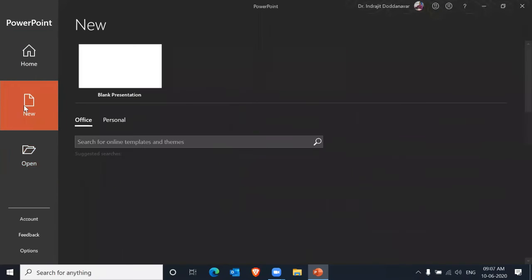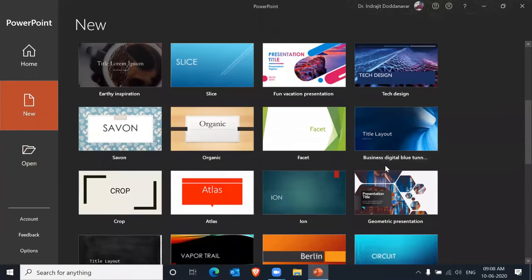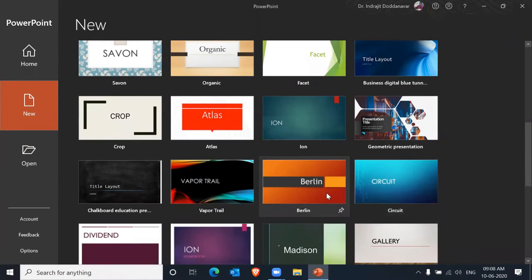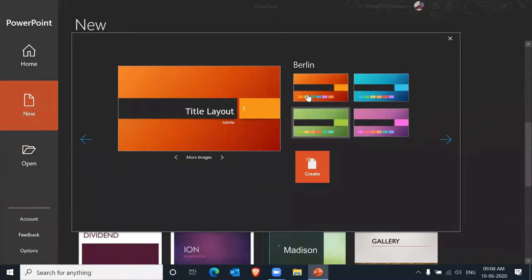When I say New, like in Word and Excel, there are templates already there. Here we get ready-made layouts, and from these ready-made layouts you can pick. Suppose you pick Berlin, and it gives you this structure.